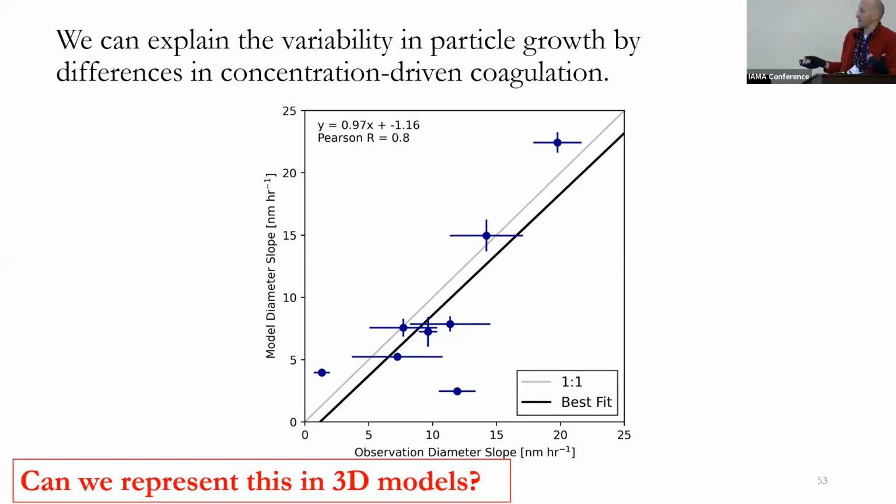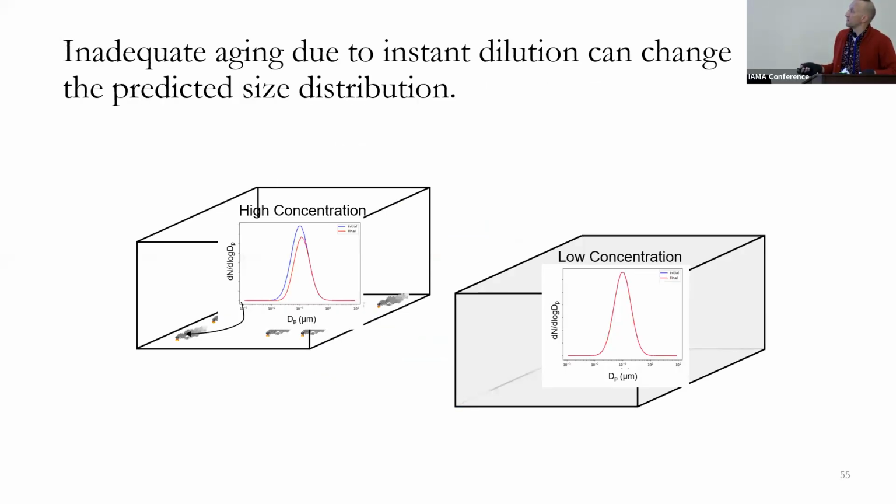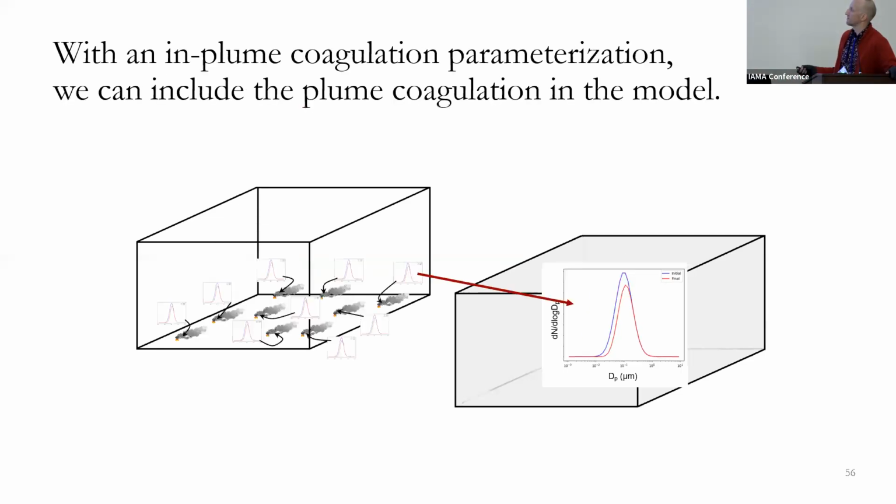So this is in the real data, but can we represent this in our 3D models? Again, we have this case where we're instantly emitting into the grid box, and we're missing these details entirely. This is what we typically do in our models, where we take our fires and instantly mix them. If we actually have the coagulation within these plumes, we'd expect more than if we took all our particles and moved them apart from each other, and then they're just drifting around with Brownian motion and not bumping into each other. So coagulation's happening way slower when we dilute it into our grid boxes.